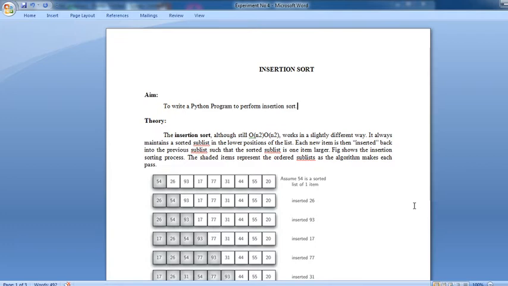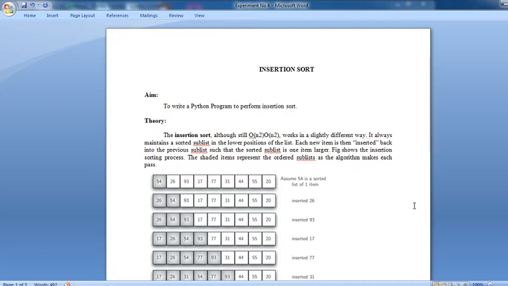Bubble sort. This technique compares the last element with the preceding element. If the last element is less than the preceding element, swapping takes place. Then the preceding element is compared with the previous element. This process continues until the second and first elements are compared with each other. This is known as bubble sort. Okay, these are all the sorting methods.